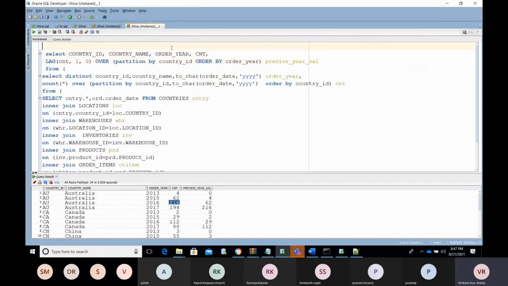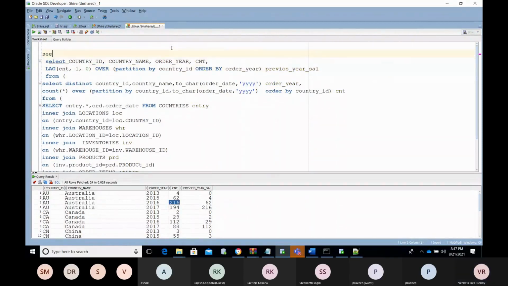On top of this, you can write some query with country ID, and you can mention a case statement. When CNT is greater than previous year sale, then growth.